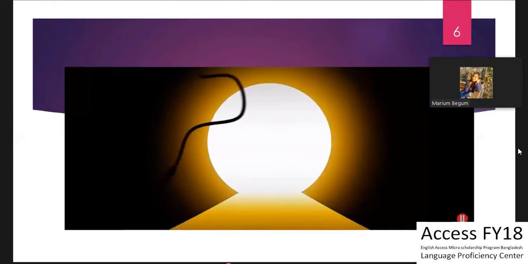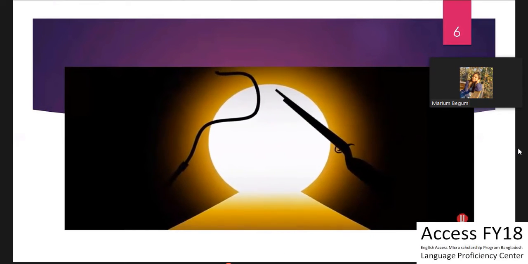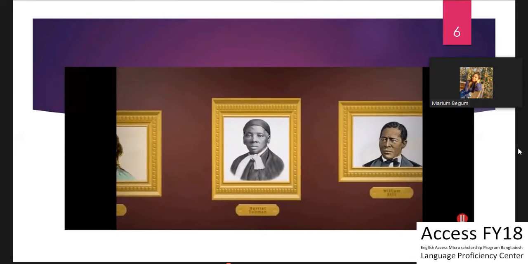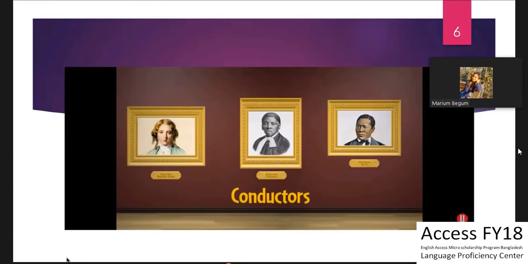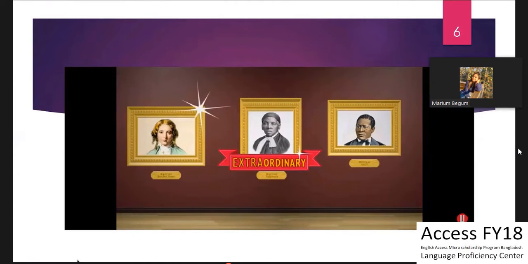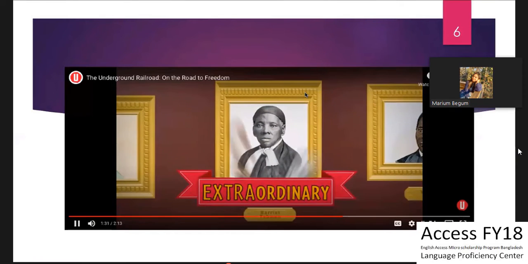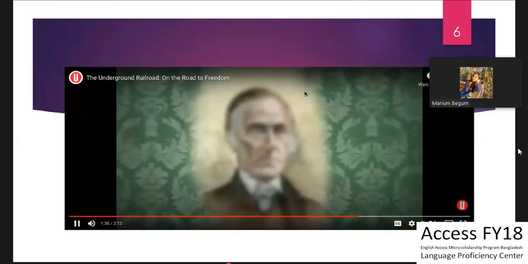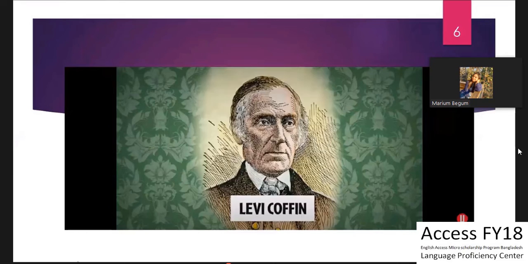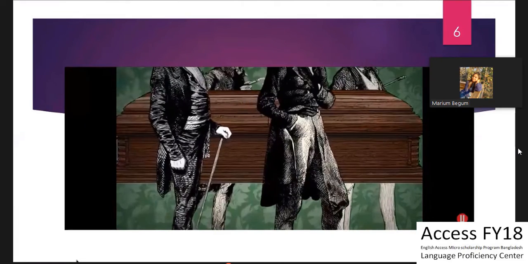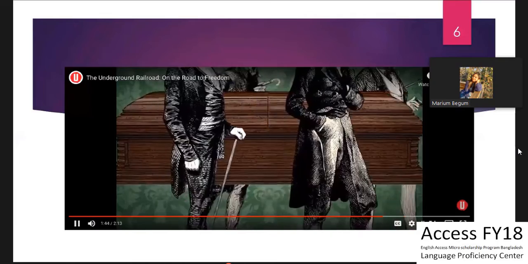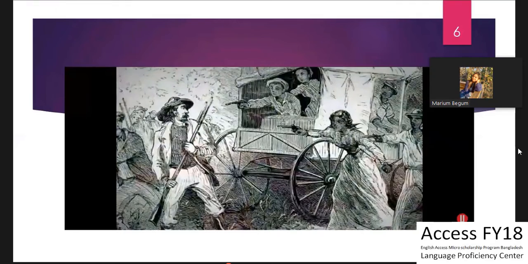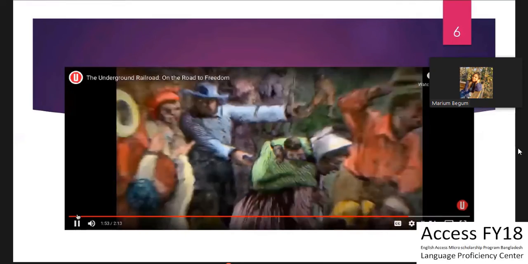But the railroad was fraught with danger. The possibility of capture and death lay around almost every corner. Those traveling on the railroad were led by brave guides known as conductors, ordinary people who did extraordinary things, like Harriet Tubman, dubbed the Moses of her people, who had successfully fled the plantations herself, and white abolitionist Levi Coffin, who once masterminded a fake funeral procession with enslaved people disguised as mourners. It's thought that up to 100,000 enslaved people were emancipated by traveling this extraordinary network, making the Underground Railroad